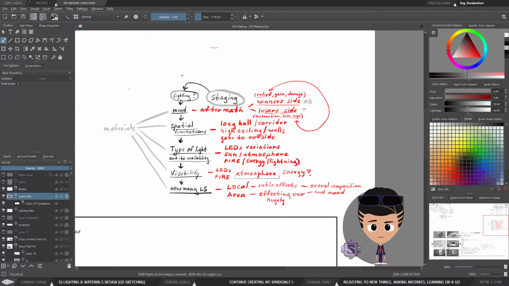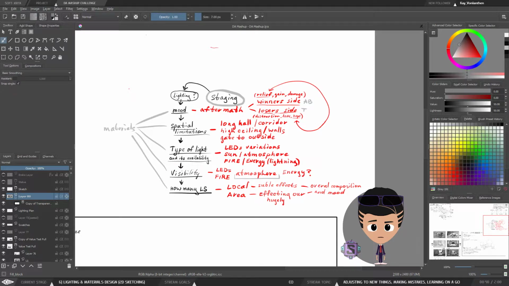We asked questions about how to properly stage lighting in our particular illustration by understanding what type of mood we have, what type of spatial limitations we have, what type of light and its availability, what type of lights we have,